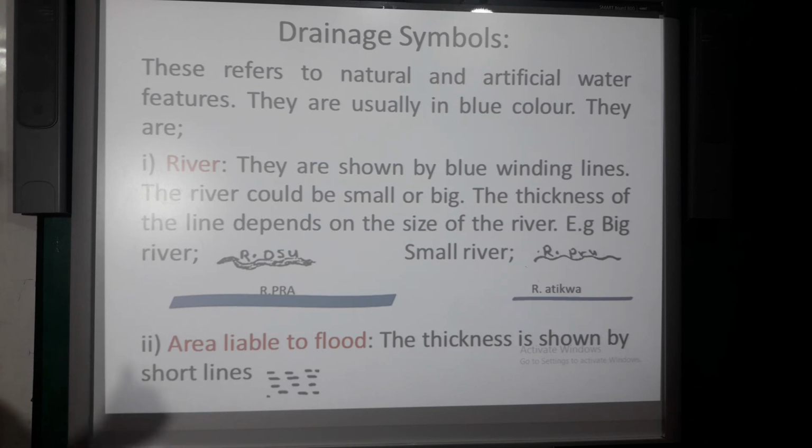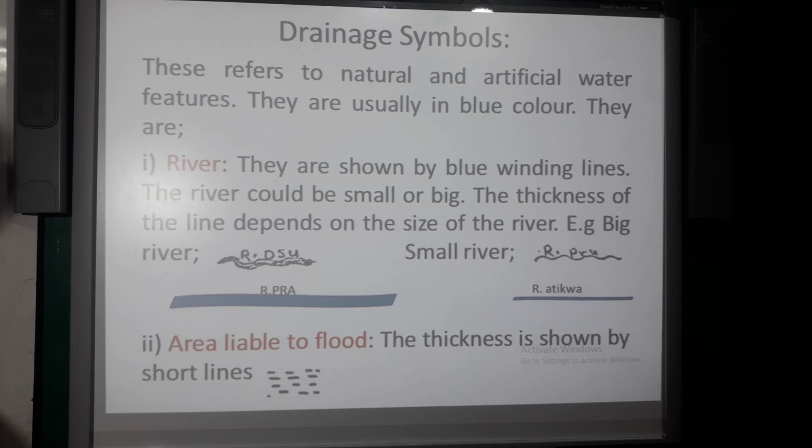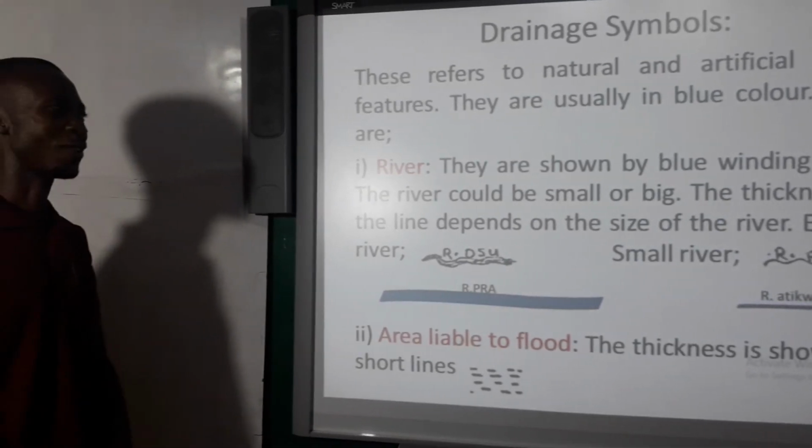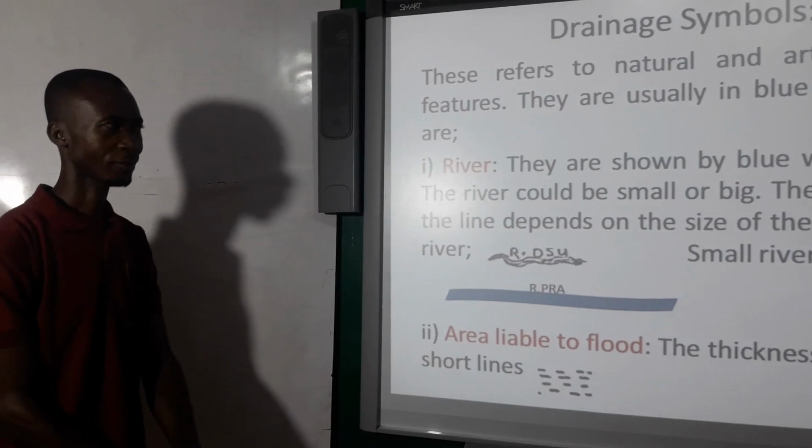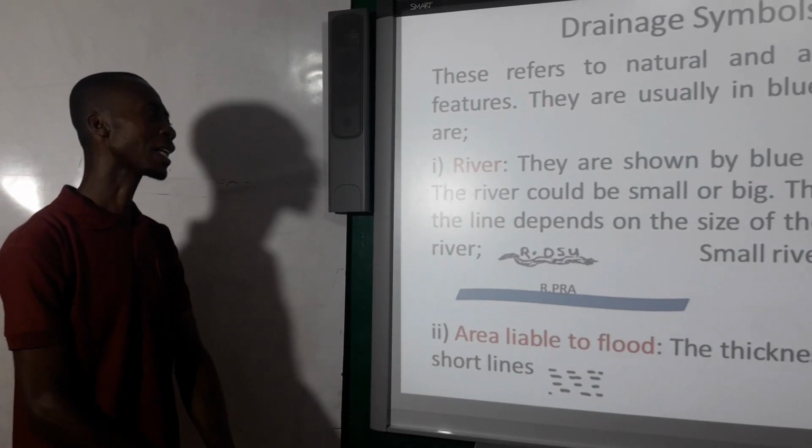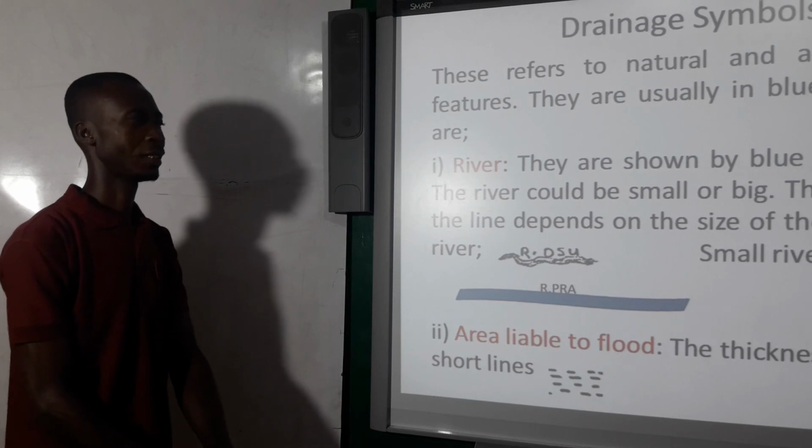So let's consider examples of drainage features. One is river. And on the map, the river is shown by blue winding lines. The river could be small or big, in other words, a major river or minor river or a stream. The thickness of the line depends